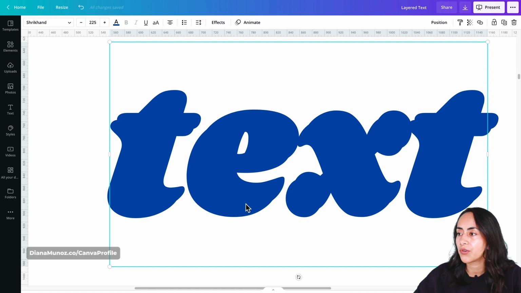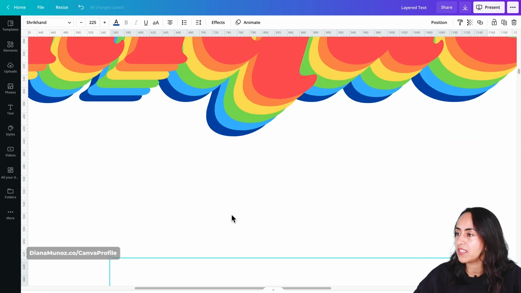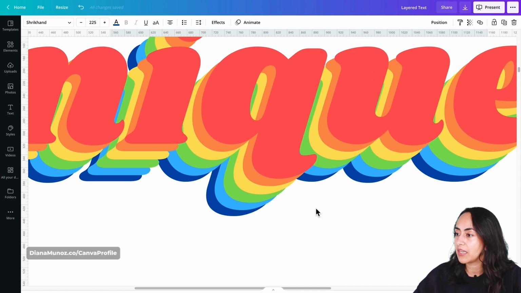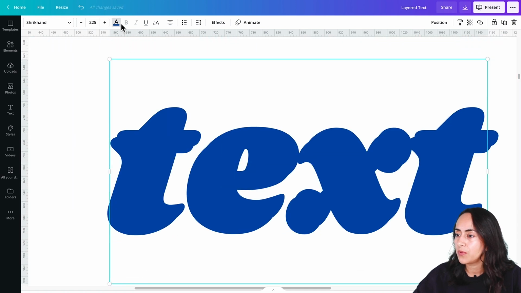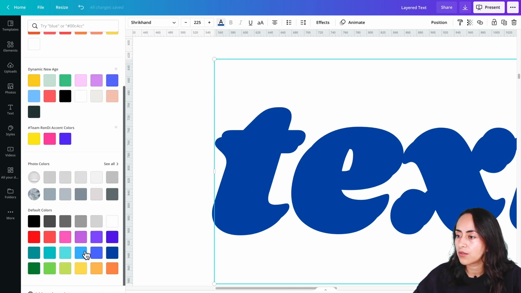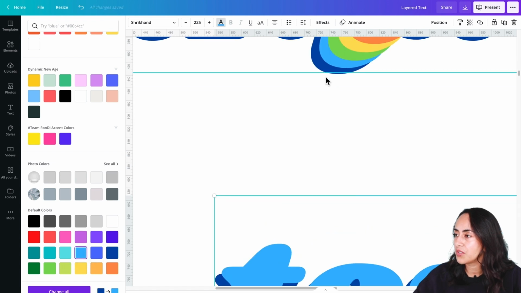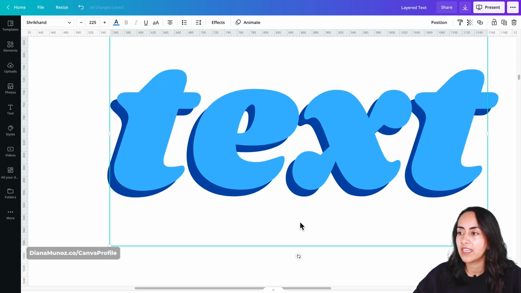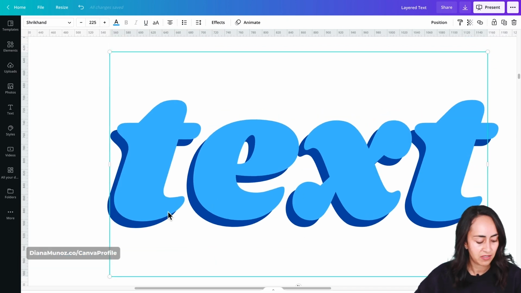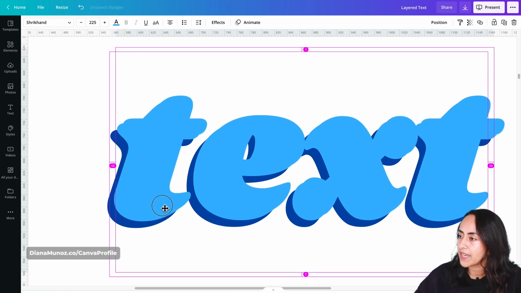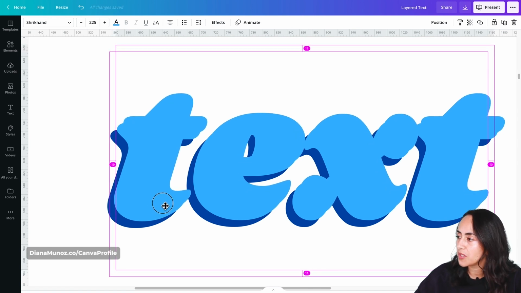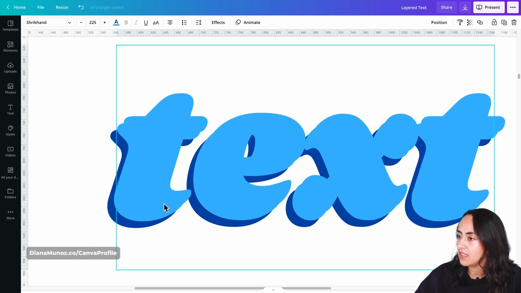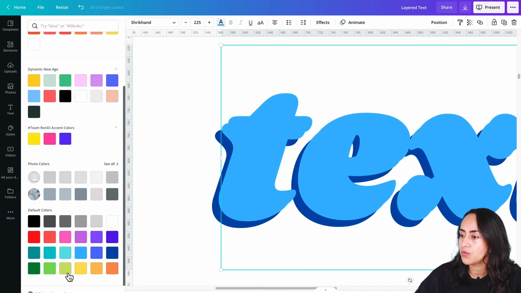Now I'm going to change the color of this text box. Let me see which one I used in my previous example. It's a lighter blue, which I took from the default colors in Canva. The next color is going to be green. So I'm going to duplicate the text box and follow the same trick: Alt and drag my mouse, and then I'll try to get the same measurements, 11 pixels to each side, like this, and then I'm going to change the color to green.